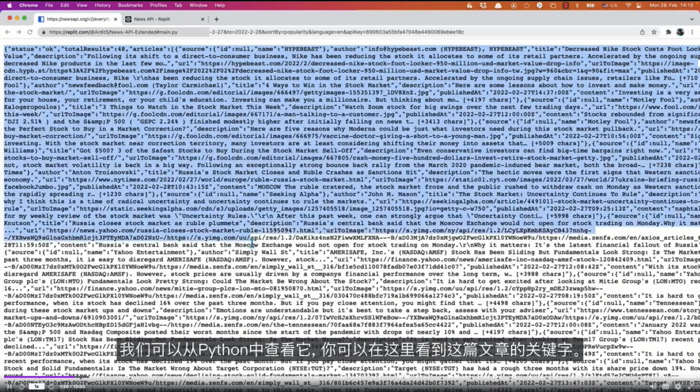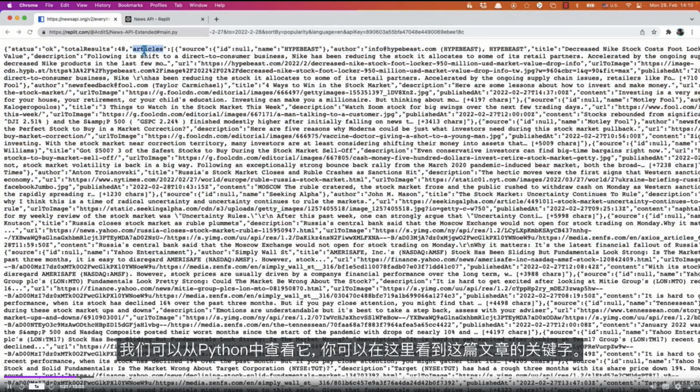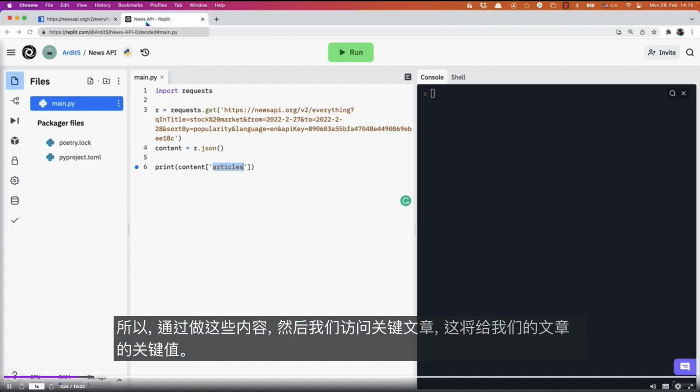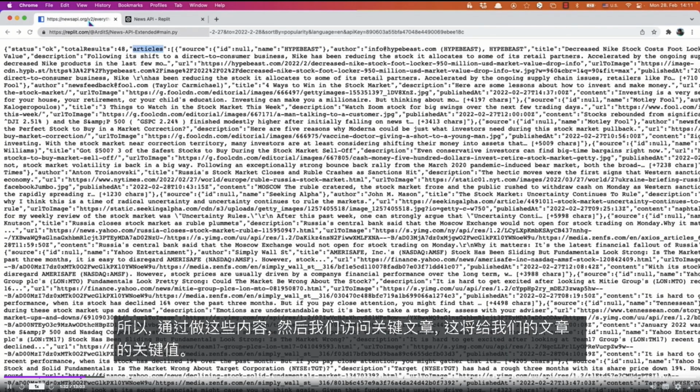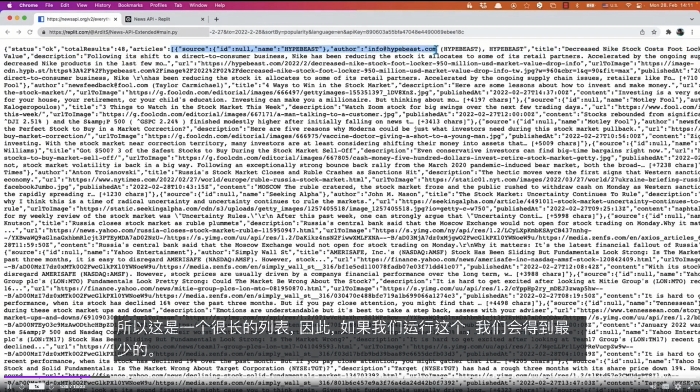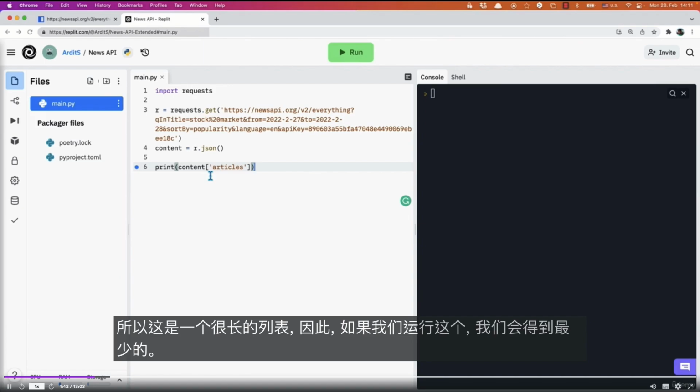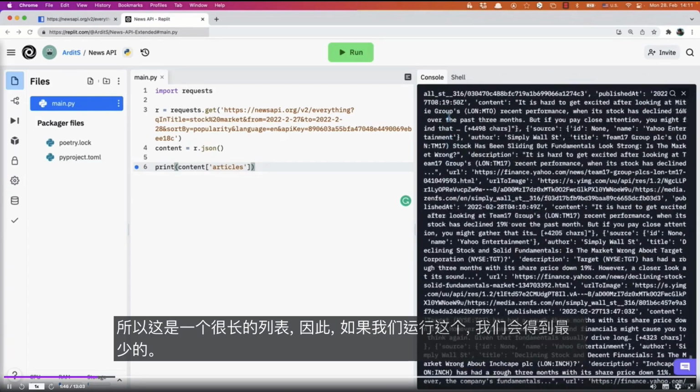We can view this from Python, and you see this articles key here. So by doing content and then accessing the key articles, that will give us the value of the articles key. The value of the articles key is this one in here. So it's a long list. Therefore, if we run this, we're going to get that list.